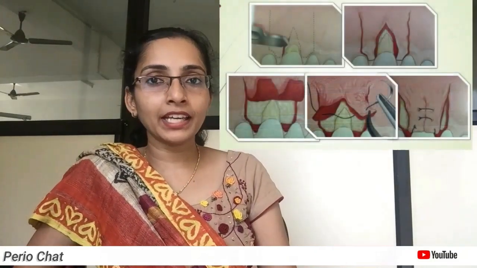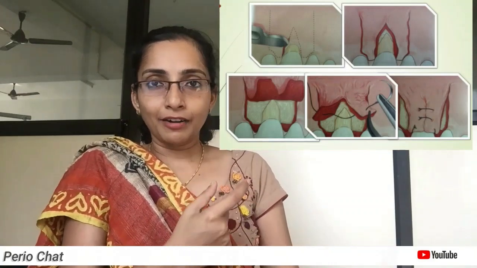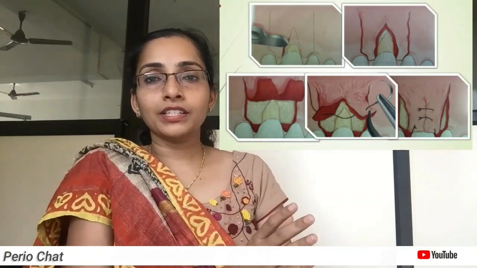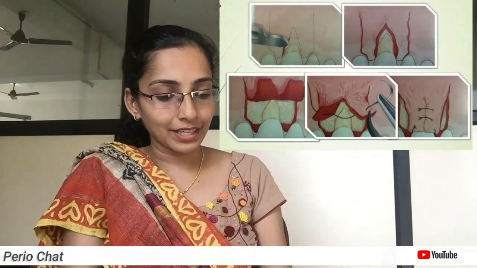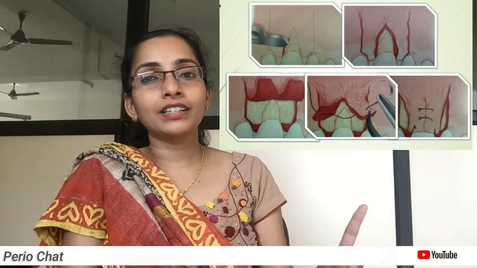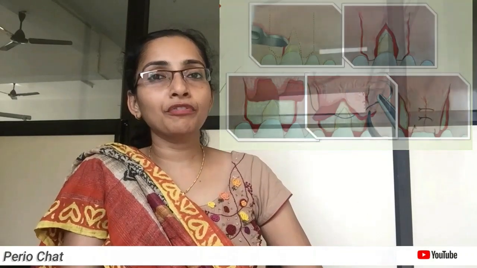sutured over the area of defect. Okay. Now another variant of this is the double papillae technique, in which for the area of defect, half of the covering is from the adjacent tooth of one side and the other half is from the adjacent tooth of the other side. Okay, so this is your double papillae flap technique. With the help of pedicle grafts like these, about 60 to 70% coverage was possible. So this is one of the techniques to correct the recession.